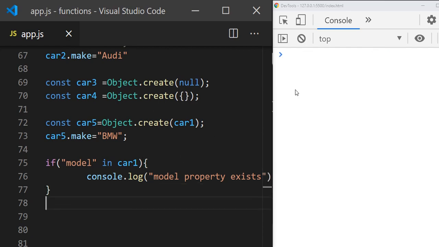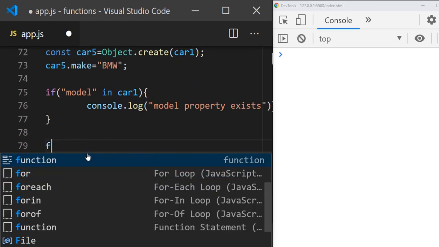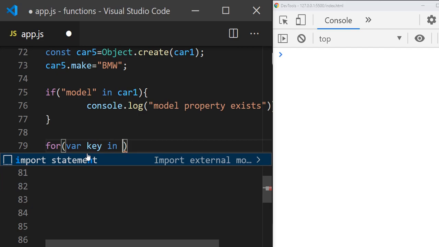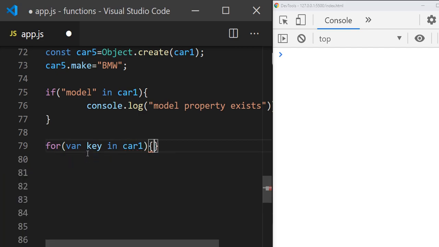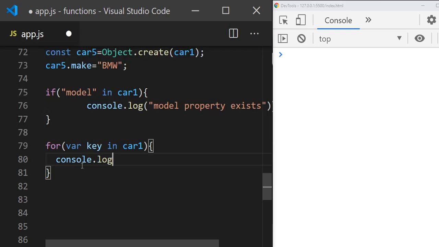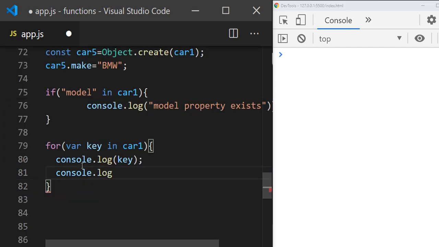Another thing I want to show is how to iterate the object and print the values. You can use the for loop for arrays and strings easily. How to do it for an object? You can write for, brackets, and you can say var key in car1, and here I want to print it: console.log key, and console.log I want to print the value.